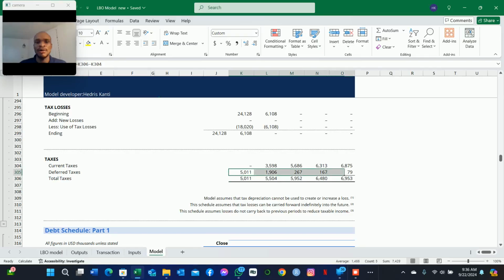So we have calculated the deferred taxes and we have calculated the current taxes. In this case, the deferred taxes is a non-cash item, so we have to use this amount later on in the cash flow statements to adjust for the change, to adjust for the cash used in